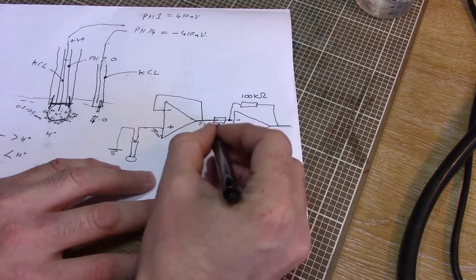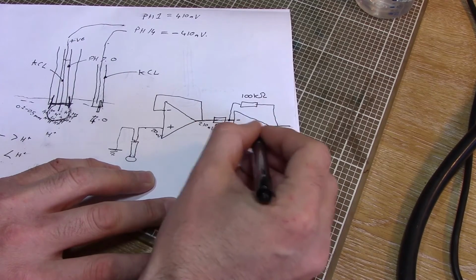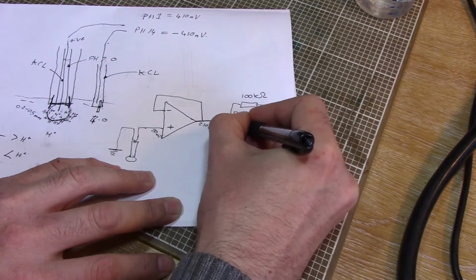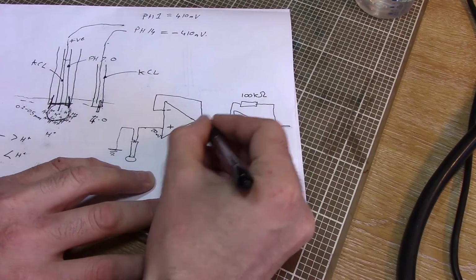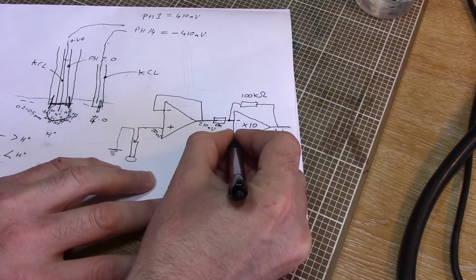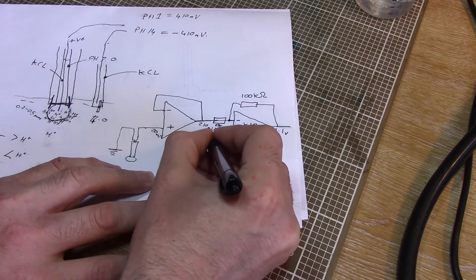So these two resistors I've just drawn in here set the amplification, how much this will multiply the signal, and with 10 on the input and 100 on the feedback, we're actually making this into a times 10 multiplier. So if we put 210 millivolts in there, we get 2.1 volts out of there, and on this pin we're hooking this up to a resistor network,